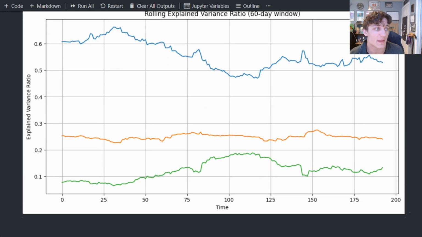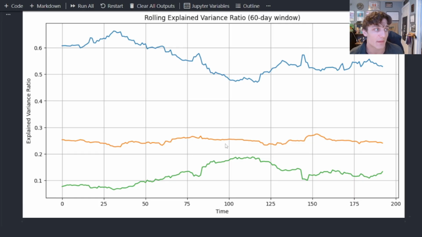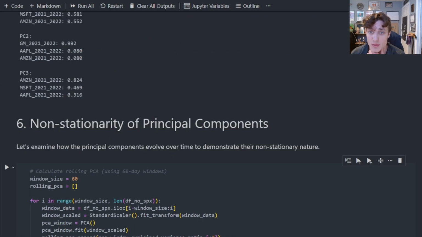So what I have here now is the rolling explained variance ratio, a 60-day window. So I'm using 60 days of data to compute the explained variance ratio. And you'll see I have about a year of data. So this ends at roughly 190 something because it goes to 252 and I'm using a 60-day window. So if you look, the first principal component, which we identified as a market risk component,